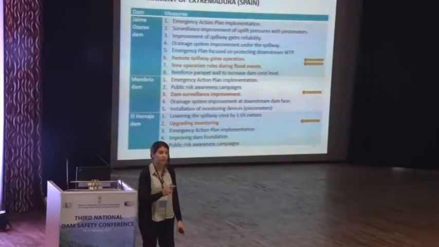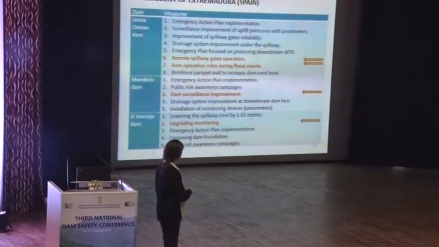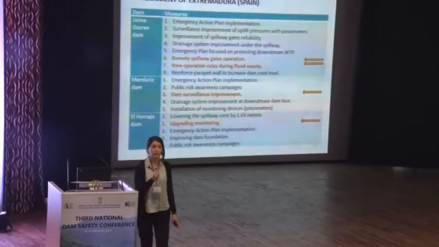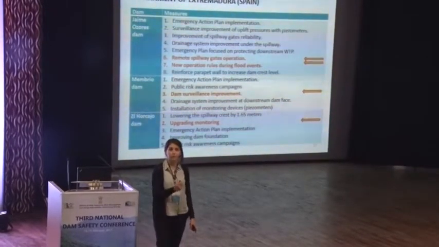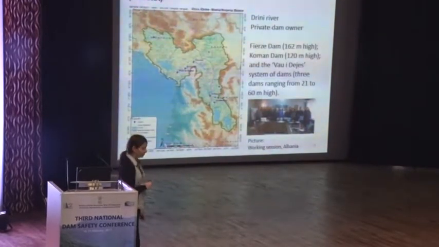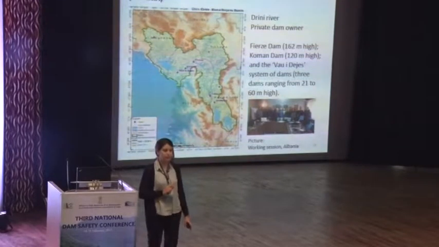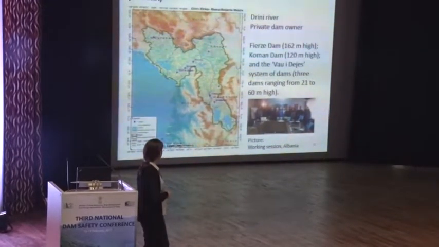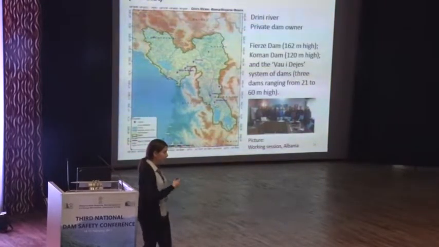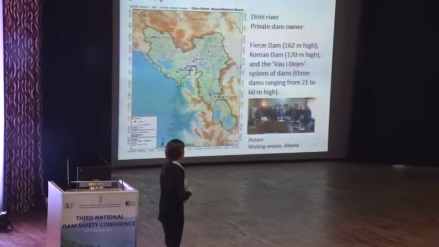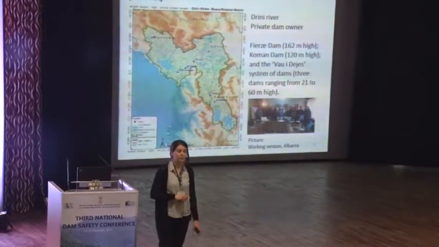Convenient or the most efficient. And right now they know that these four are the most efficient measures for risk reduction, taking into account societal and also economic risk. And the other example is a portfolio, a system of dams in Albania for a private hydropower company. And we included a pilot case with 5 dams and 2 working sessions with them in Albania for